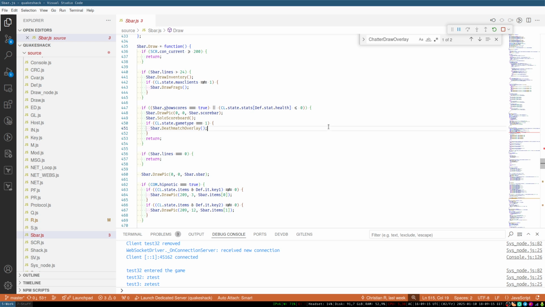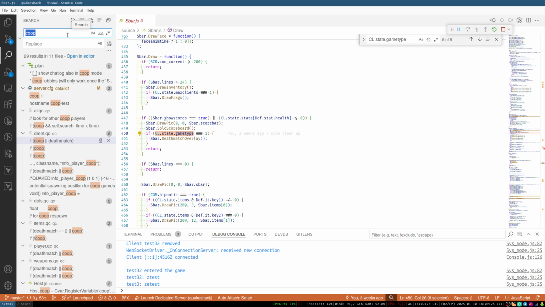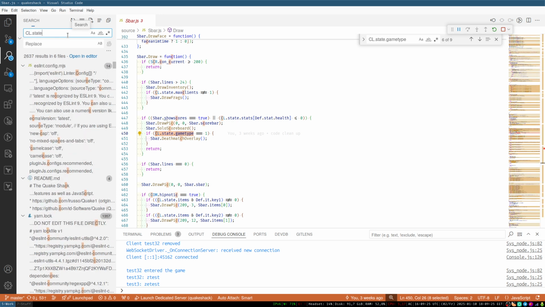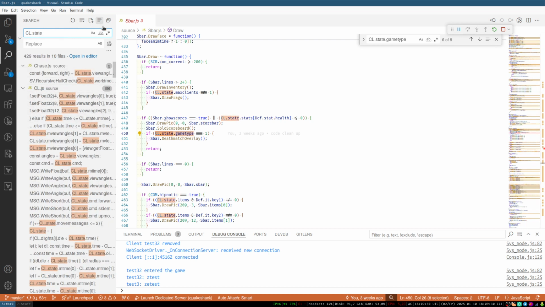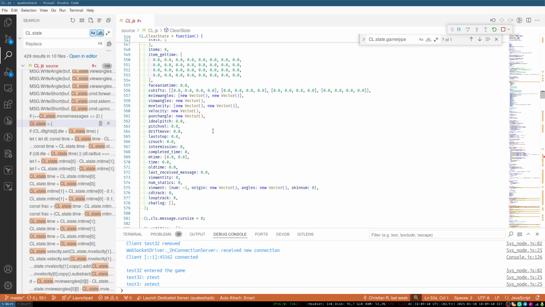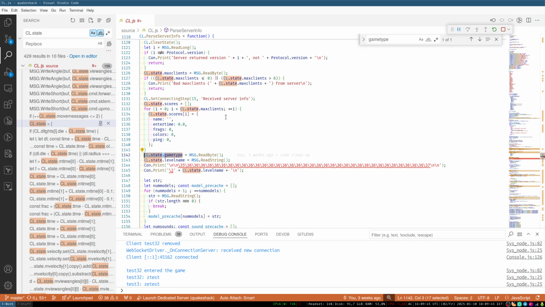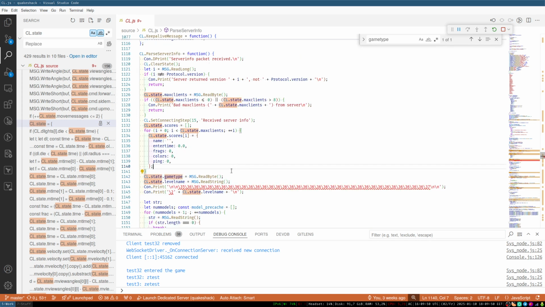Game type 0. Honestly, I have no clue what this means. I think 0 was co-op, 1 was deathmatch maybe. See error state. Oh, neat. It's an integer for sure, a byte. We need to look into